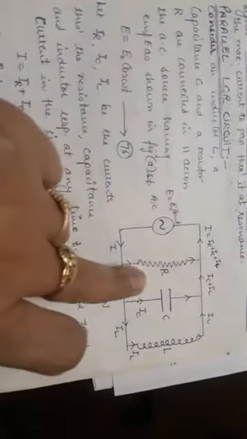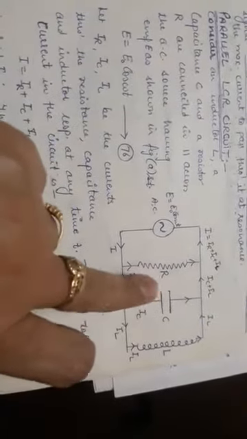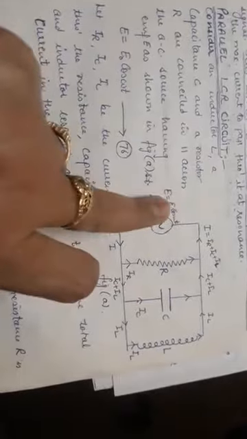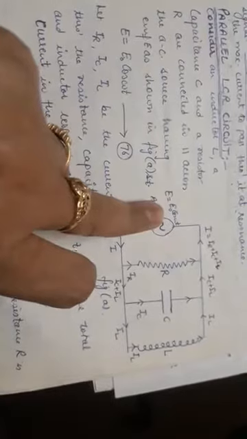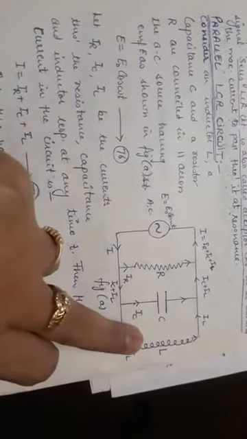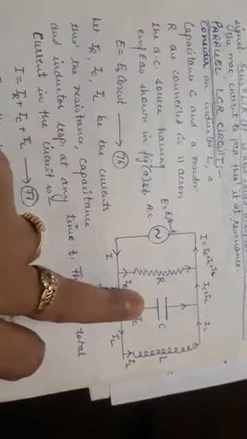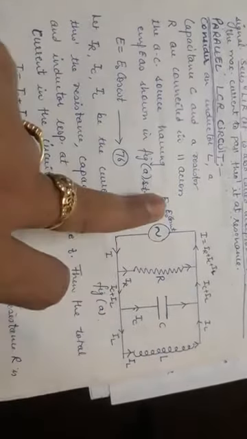Here are three elements R, C and L which have been connected in parallel with respect to an applied voltage source, which is the AC source, E equal to E naught cos omega t. Now I want to tell you that whenever there is a parallel connection, the current across each element would be different, whereas the voltage across each element would be the same. That means the voltage across the resistance is equal to E, the voltage across the capacitor is again equal to E, and the voltage across the inductor is also equal to E.